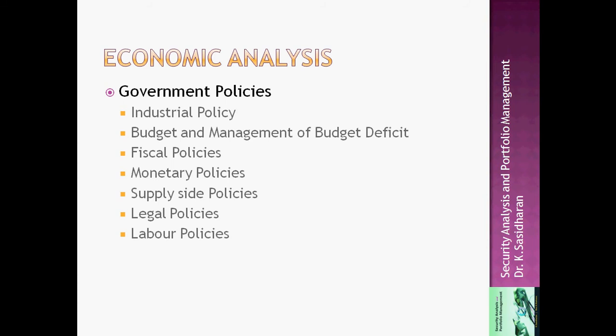Supply side policies give more attention to the taxation aspects. While demand side policies use taxes to reduce consumption demand, supply side policies focus on giving incentives through tax concessions, so that the production will be more. So those who favor supply side policies argue that lower tax rates will promote more investments and will act as an incentive to work more, leading to higher economic growth. So the supply side policies also affect the stock market operation.